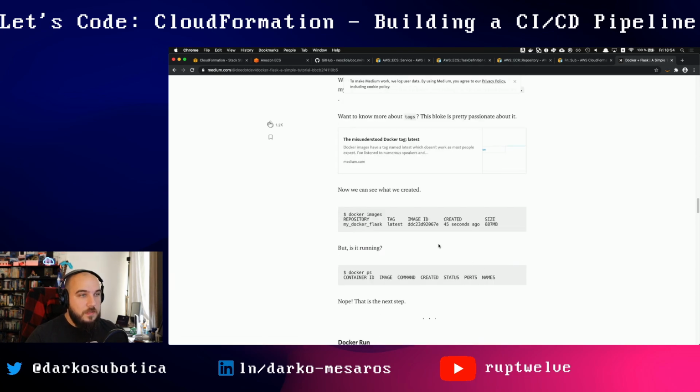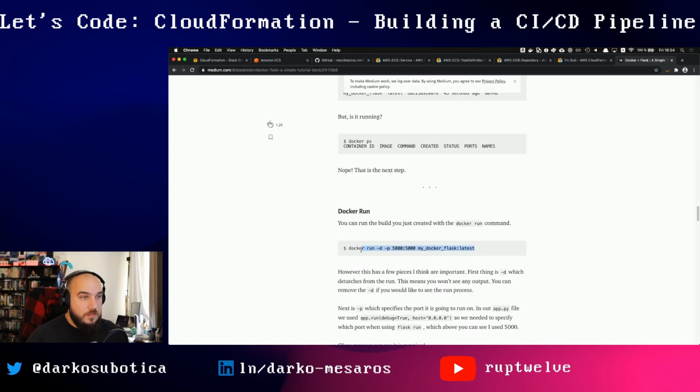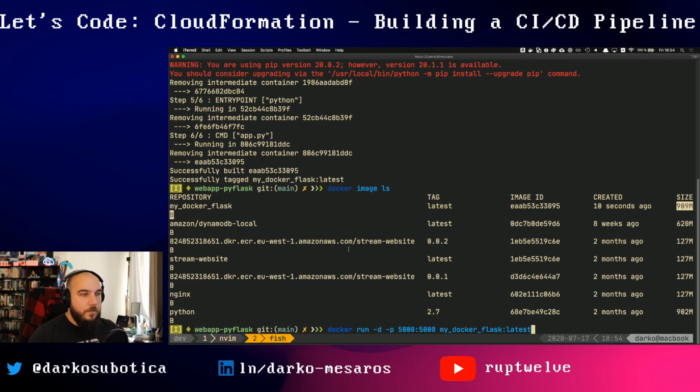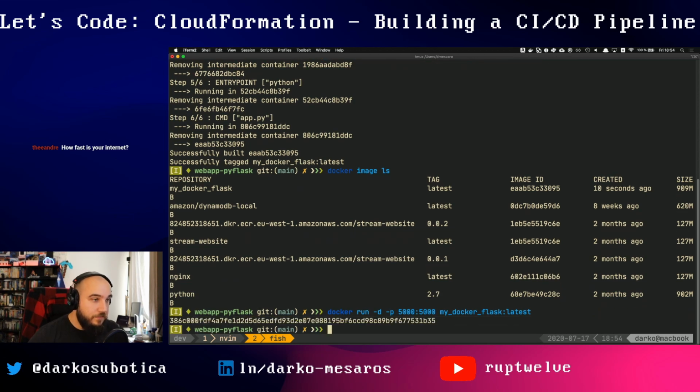Perfect. So if I would be basically doing docker run, this is a command, I guess. Yeah, so just a bit of a Docker tangent. We're telling it, hey, run this image in daemon mode. This is the port configuration, so translate port 5000 to the local port 5000, and this is the image we're going to be using to launch this. So if I do this,